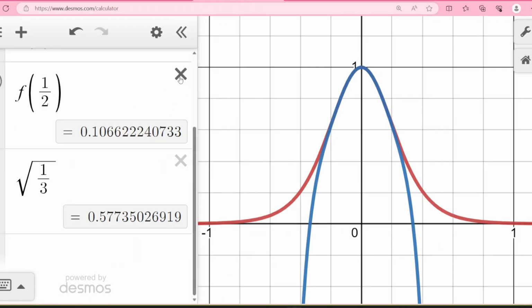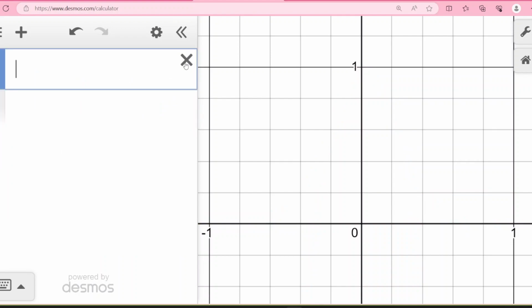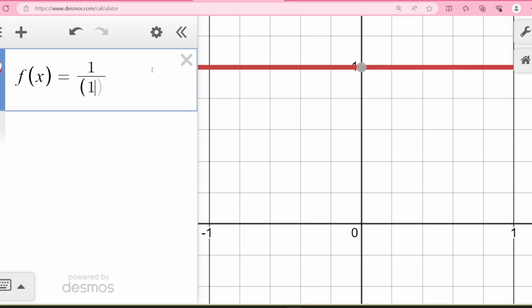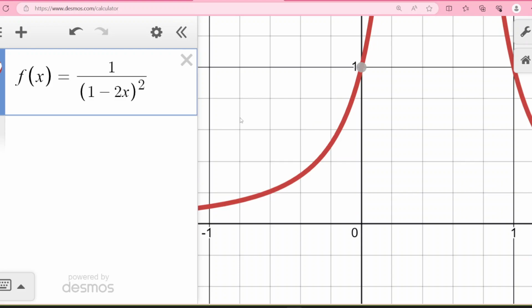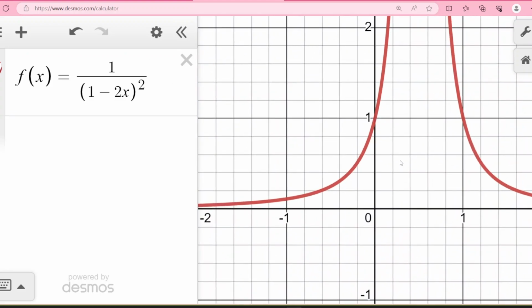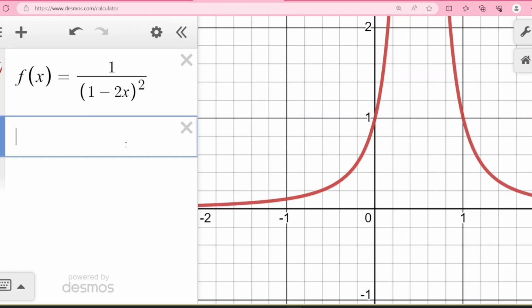All right, let's back up here. I'm just going to put the polynomial in this time. Actually, let me put in the function too. So f of x, we were given, was 1 over the quantity 1 minus 2x squared. And we're going to see this polynomial is going to be very close to this function at 0 here. These are all powers of x, so it's centered at 0. So p of x, the polynomial,